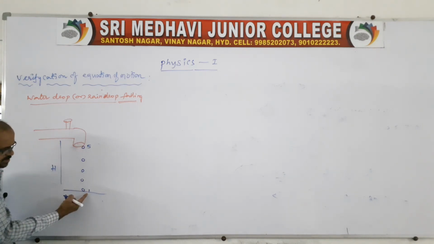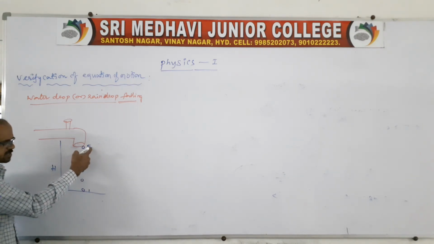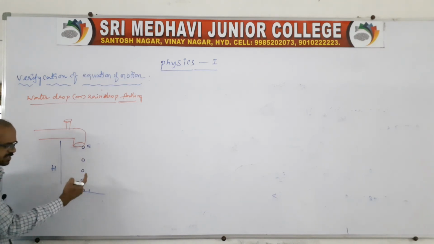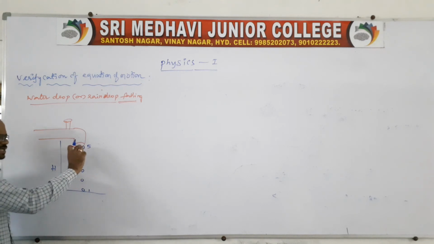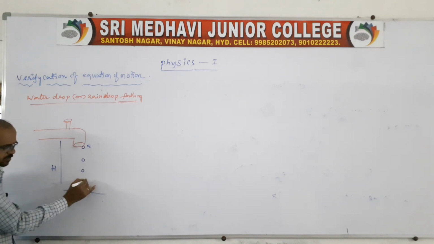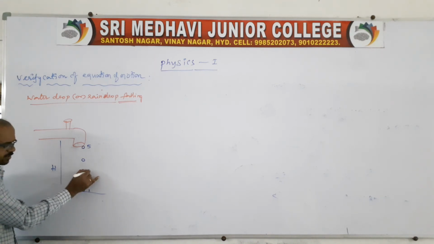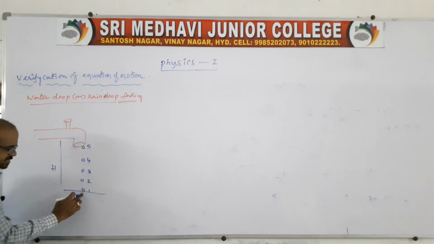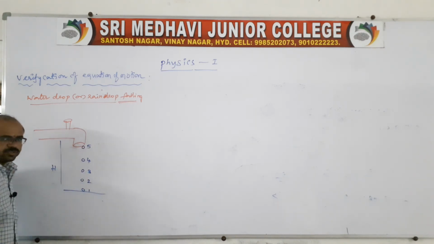When the first drop reaches the ground, the fifth drop is ready to fall. Therefore, the remaining drops are adjusted between the fifth and the first drop. So we don't actually know the distance between the drops. You give numbers: this is the first drop, then the second, then from the ground you take the third, the fourth, and the fifth drop, because when the first drop strikes the ground, the fifth drop is ready to fall.